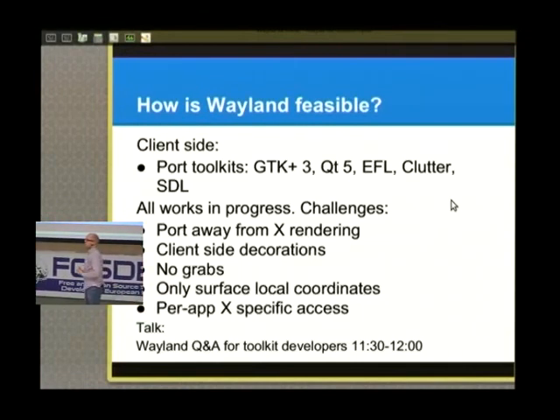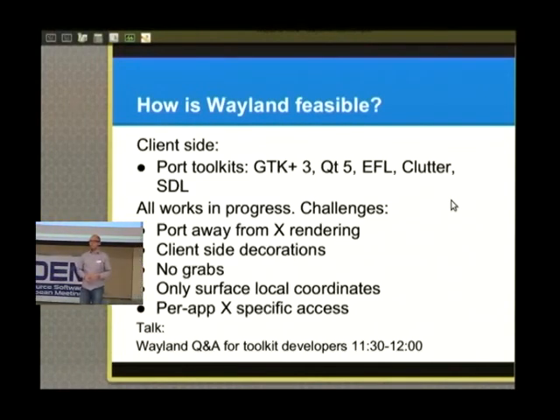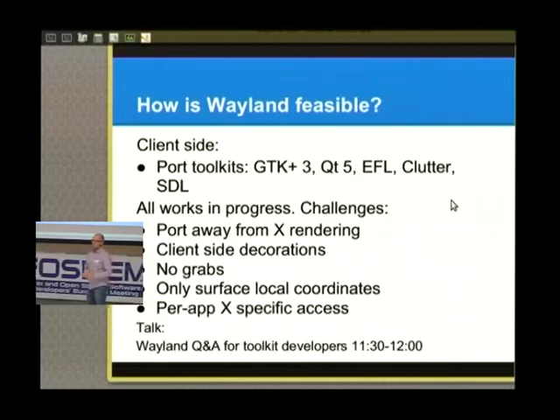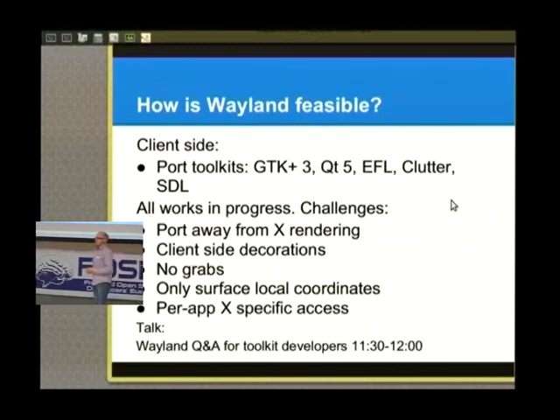And it turns out that most applications and most UI, most desktop environments we have all use toolkits. Nobody today talks directly to the X server. If you want to draw a window with buttons and scroll bars, you go to Qt, you go to GTK, you go to EFL, you go to one of the toolkits out there that makes it easy, and you put the scroll bar and the buttons where you want them, and most of the time you don't even know you're running on X. So it turns out that we can get really far towards getting the client side of our graphics architecture running on Wayland by just porting the toolkits.